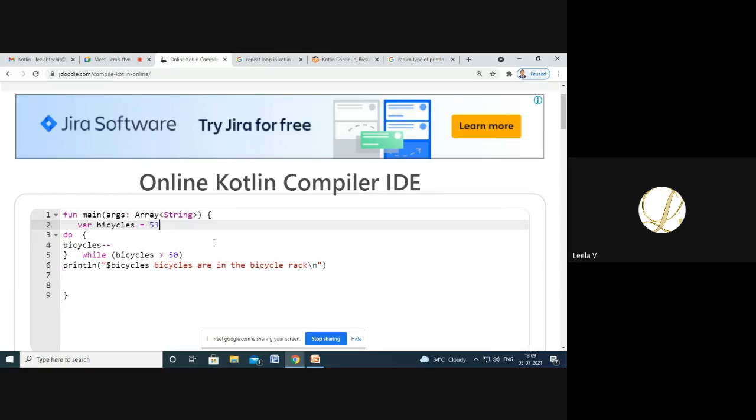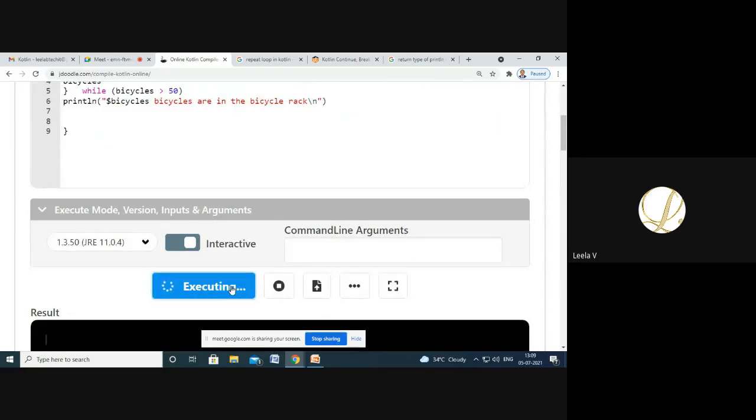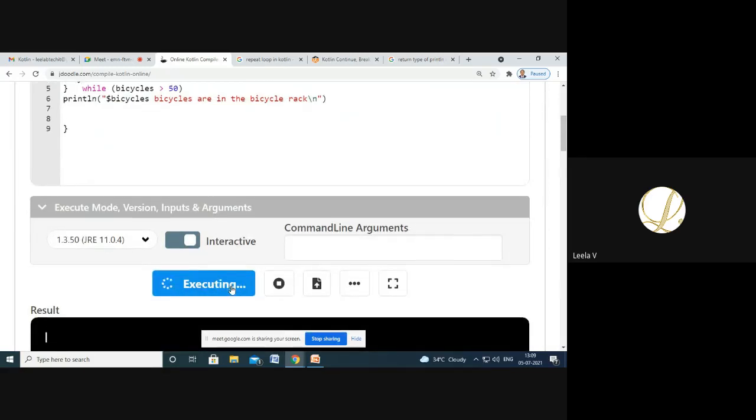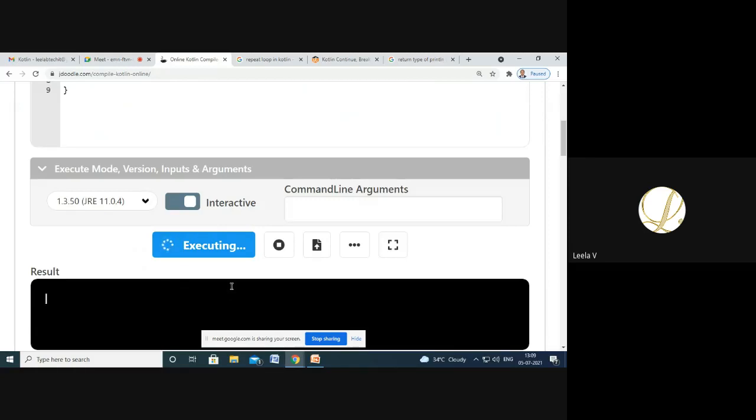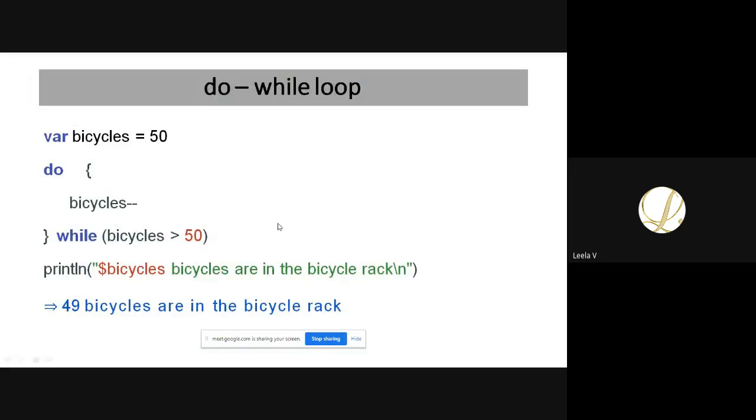If I give a value greater than 50, the value will be decremented up to 50, right? So 50 bicycles are in the bicycle rack. That's all about your while and do while.